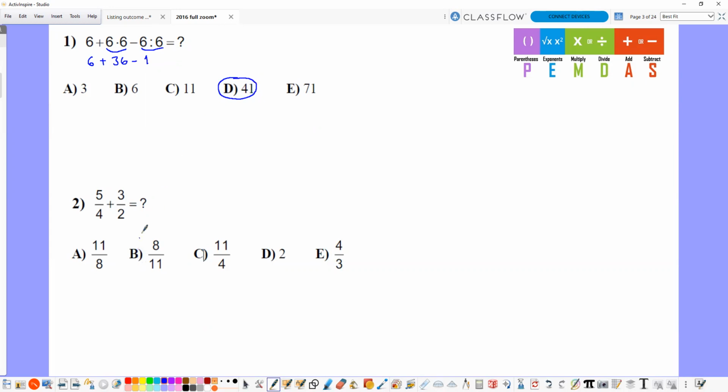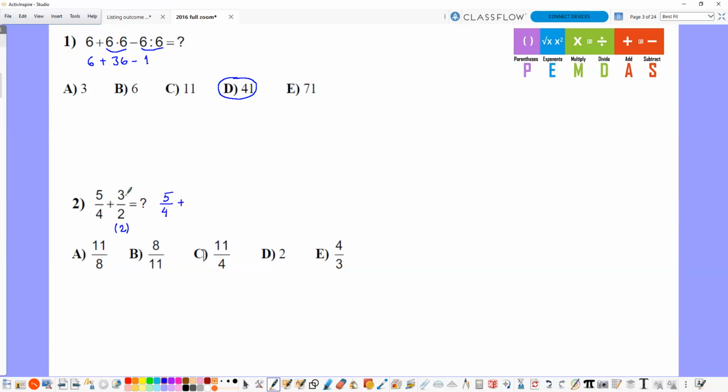This is classical fraction addition. To add the fractions, denominators should be the same. Only when the denominators are the same can you add the fractions, so you should make the denominators the same. To make the denominator the same, you should multiply this one by 2, because 4 is a multiple of 2, that's why we are multiplying by 2. So 5 over 4